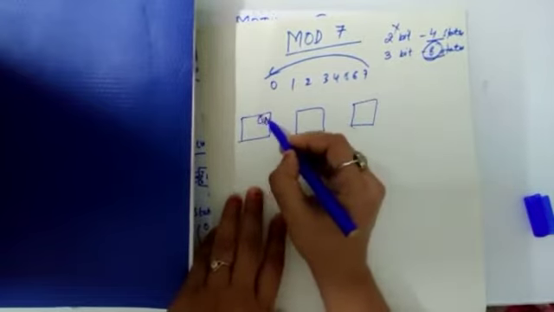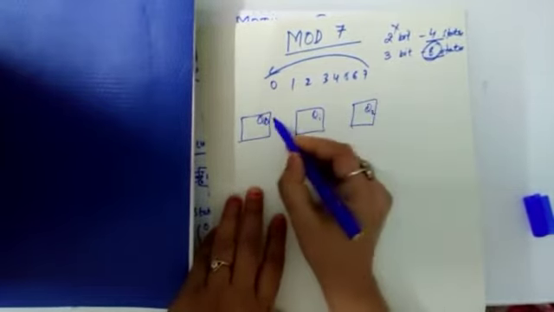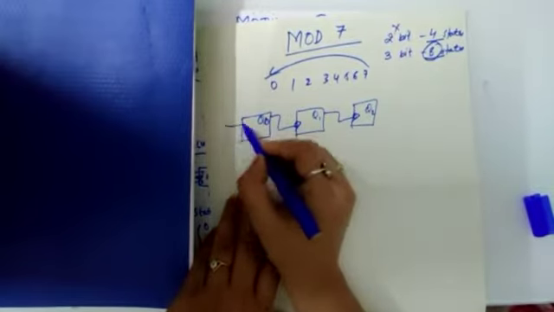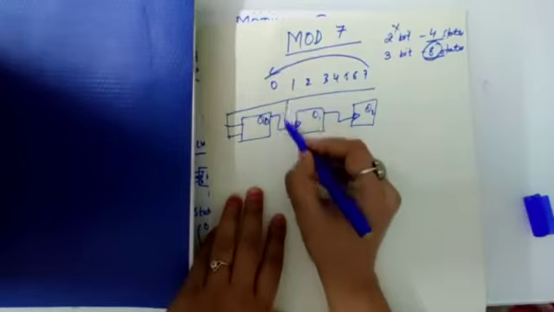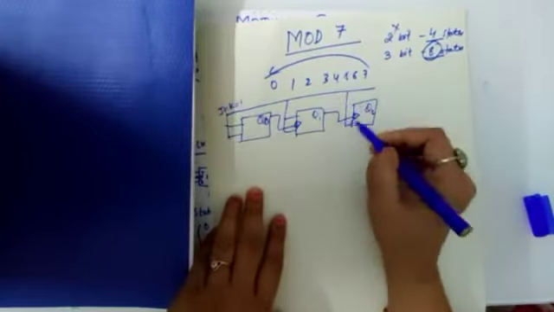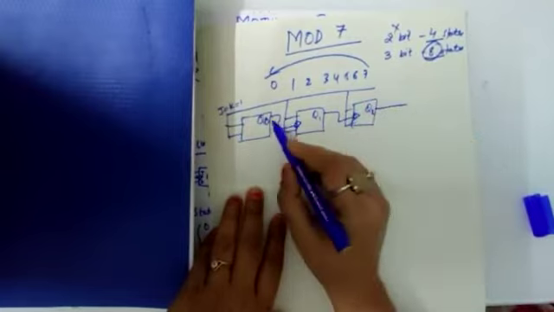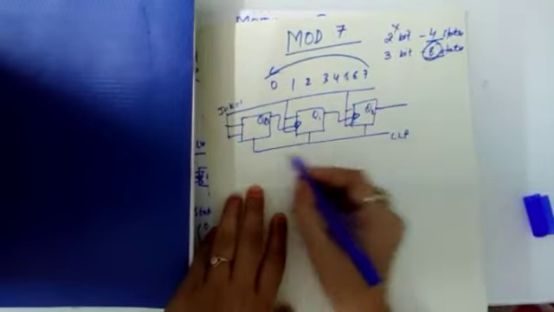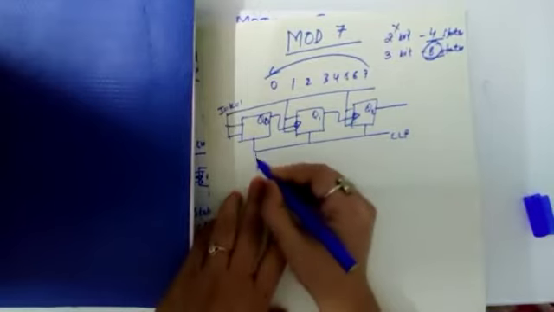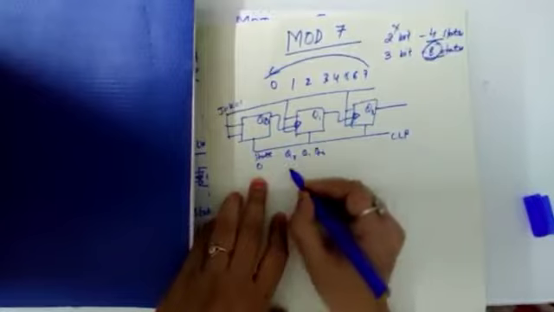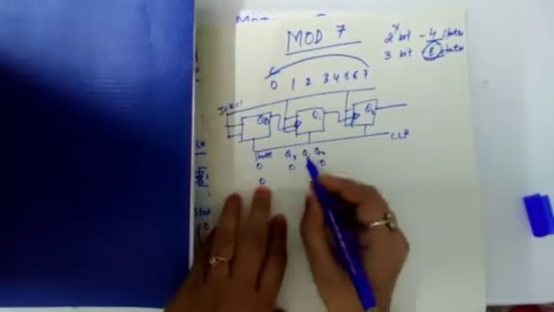So again, I'm just giving a rough idea. So this is Q0, Q1, Q2. Okay, this is negative triggering, and the inputs are connected to common 1. Okay, and this is Q2, Q0, Q1, and all are clear inputs. These are the clear inputs. Now check the counting. 0 state, Q2, Q1, Q0, 0 0 0. So it will pass first.